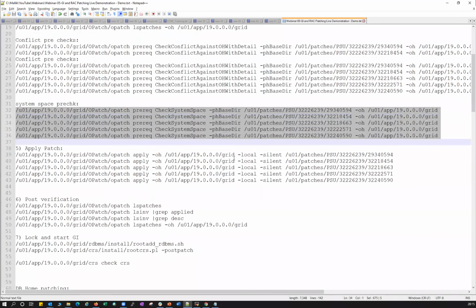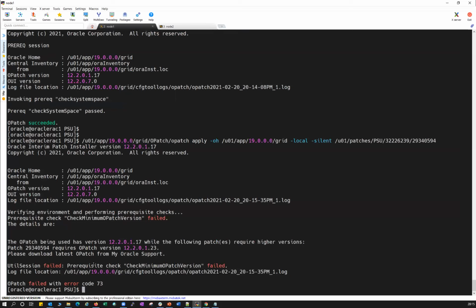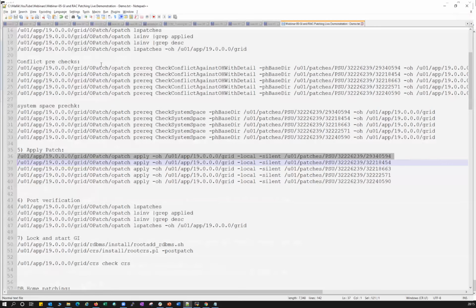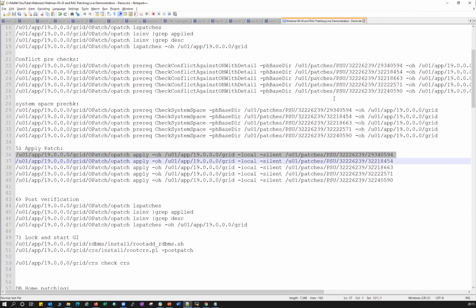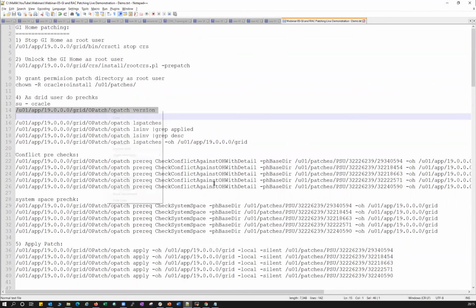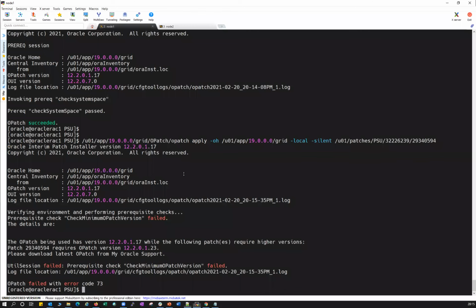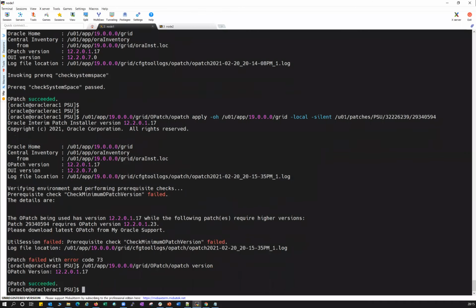And then again, okay, what happens? Okay, I told you, right? OPatch. You can see this one: check minimum OPatch version failed. As I said, I have not placed the latest OPatch. I'll show you the version again. You can see this is 17. And if you check this particular log for more information,